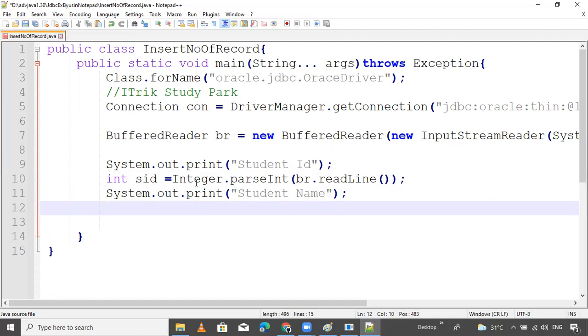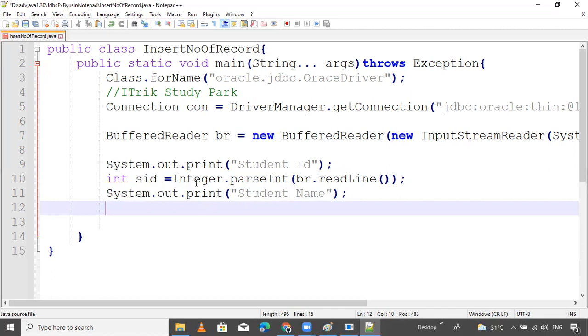Before inserting the record, this program I am preparing will ask again if you want to insert one more record or not. If you don't want, simply press no, then it executes your last provided data. If you want to insert one more record, then press enter. It's inserting one more record.